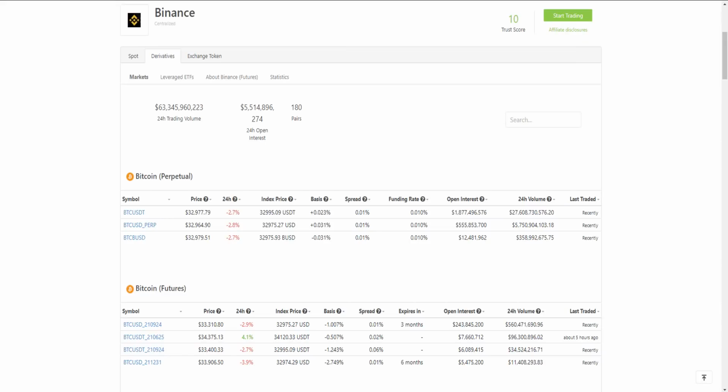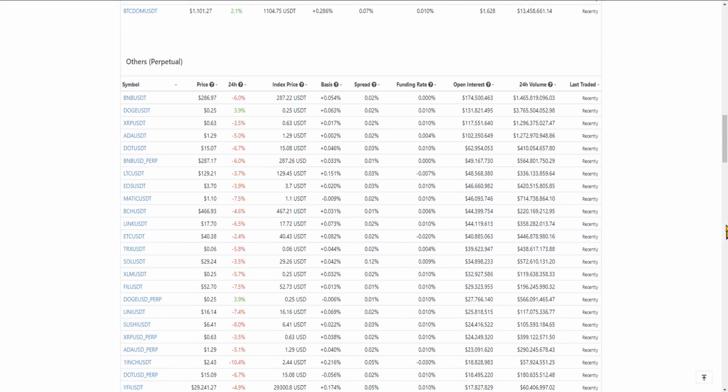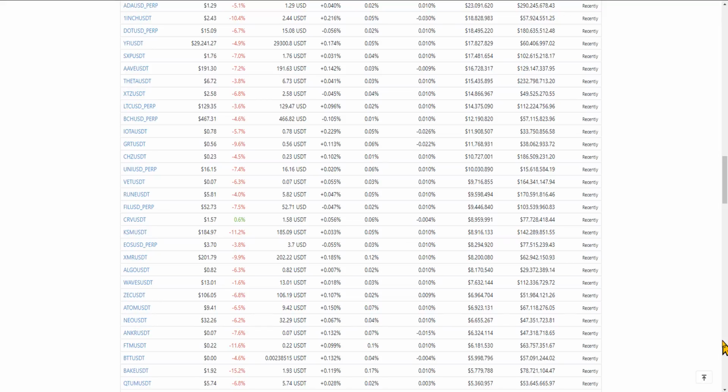Thank you, everyone. Let's go to Binance Derivatives. What we're trying to do is see into the engine of crypto. 24-hour trading volume is 63.345 billion. 24-hour open interest is 5.5 billion. Let's have a look at the change in the price of the contract in the past 24 hours. They're turning negative. Now, what does this mean? It means the shorts have come in and they've regained a degree of control. But we know the entire crypto market is approaching structural support, which gives us some degree of confidence.